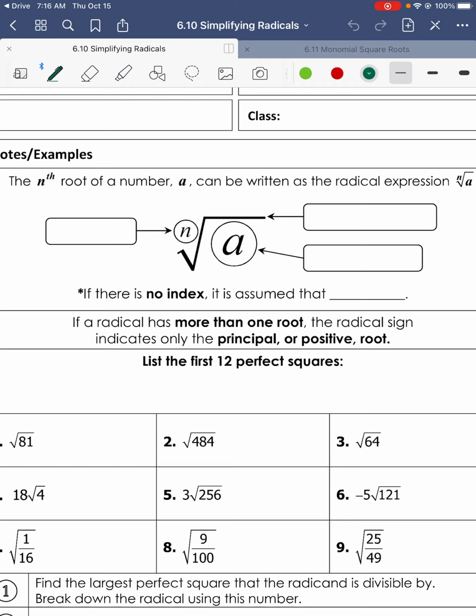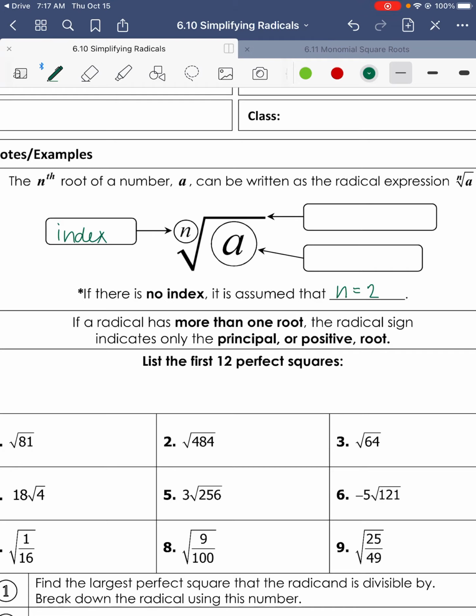So the little number that you put into the root here, this n, we call that the index. Okay, in a lot of the examples that we were doing yesterday, there was no number, right? There was no index showing up, and if there is no index written in, it is assumed that n equals 2, or the index is 2, or we're just talking about a square root. So if there's no number written in there, and I think you guys probably all know this, it's just